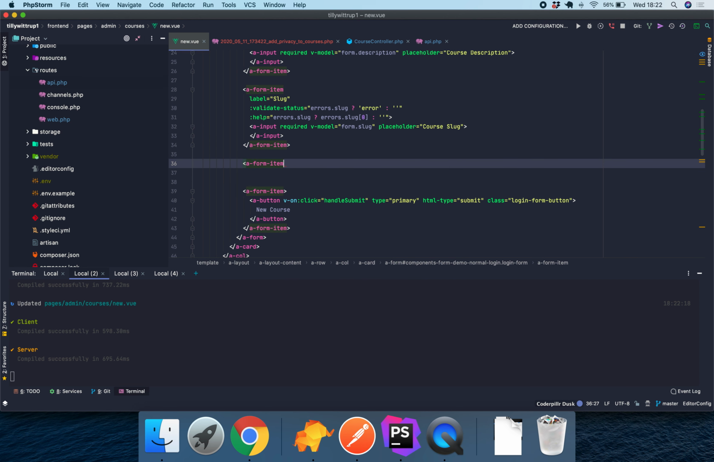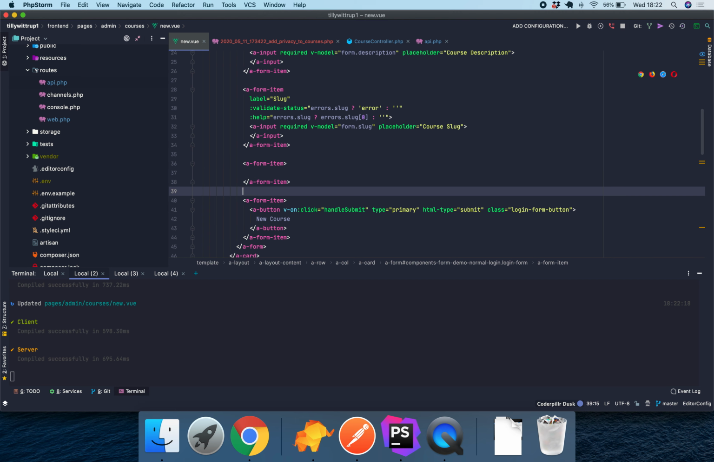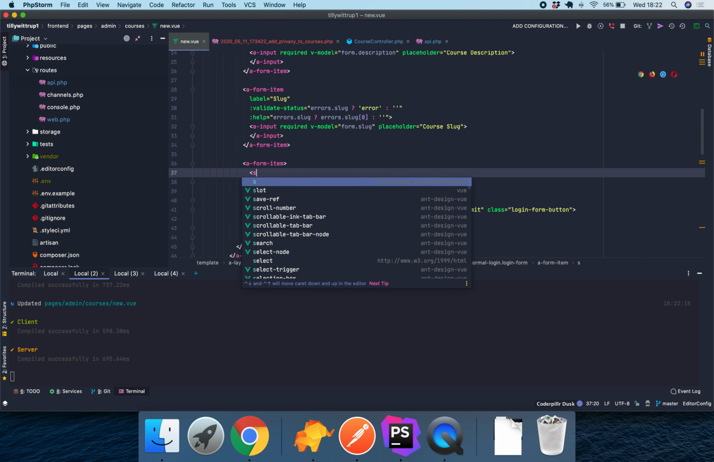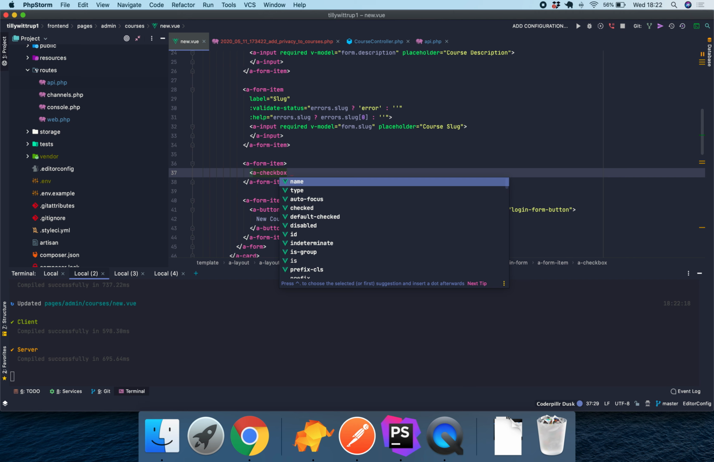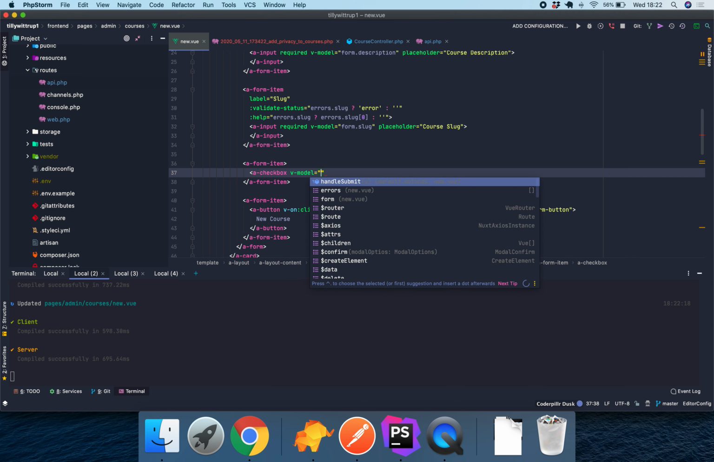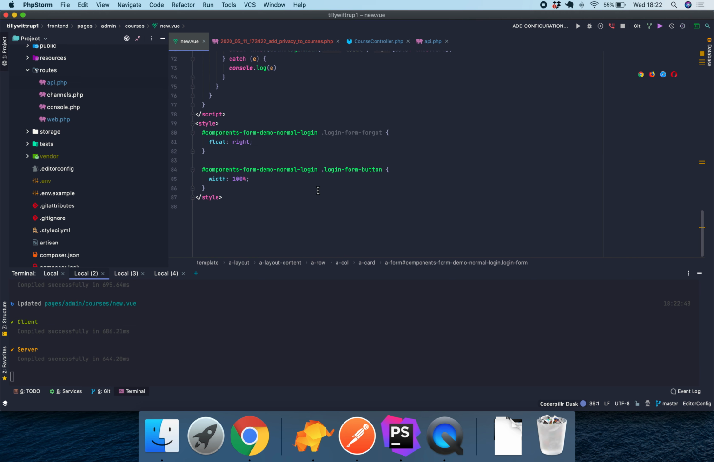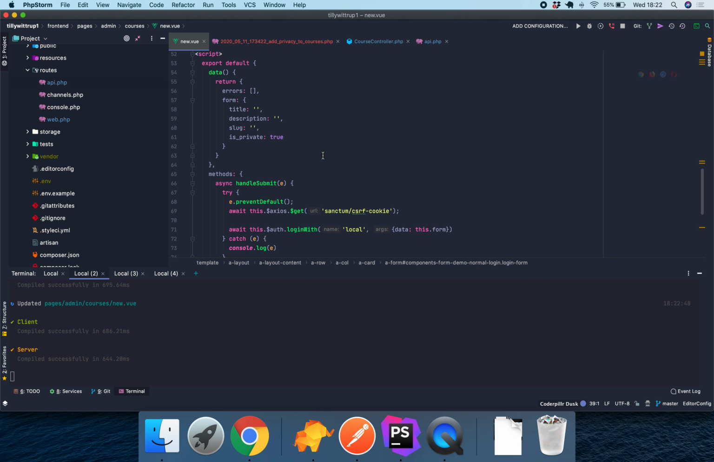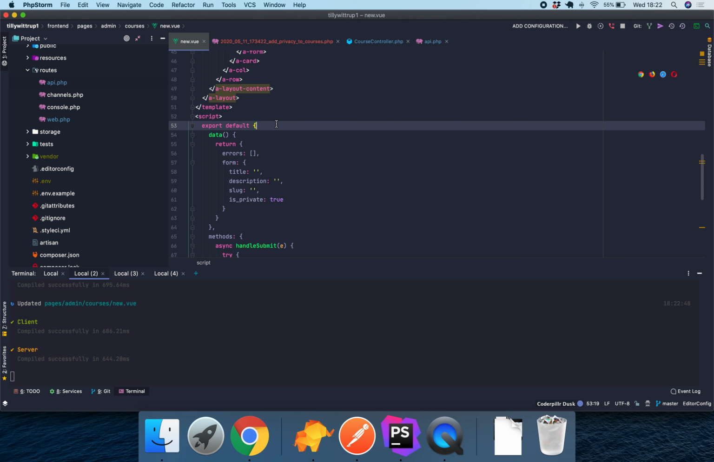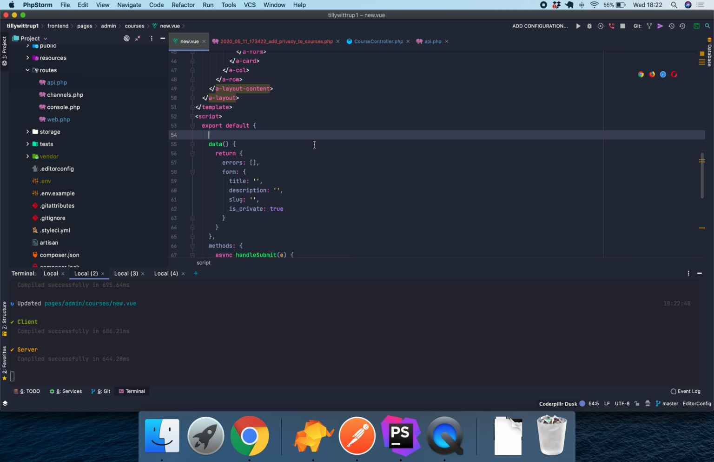So let's go in and make an item here, and in here let's write a checkbox, and we want to have the model as form.is_private, and then we just want to ask if the user wants this as private. So by doing that, we are basically creating a checkbox here, and also we want